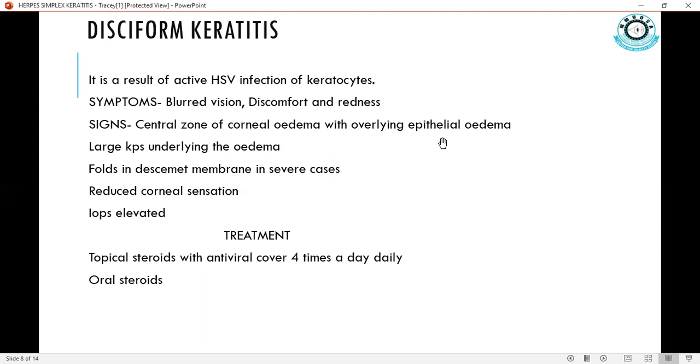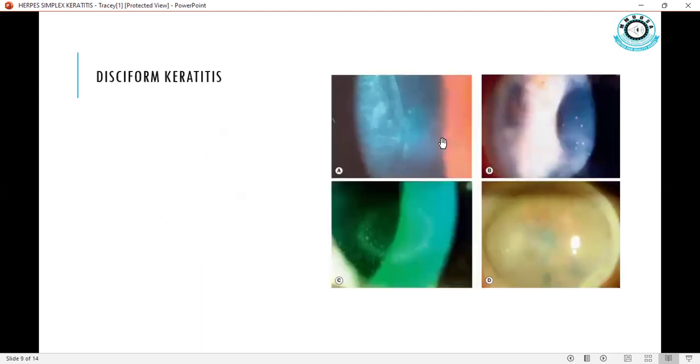In the treatment of disciform keratitis, you'll use topical steroids with the antivirals. For example, we have prednisolone. You can prescribe prednisolone topical, and tablets, oral antiviral. So in the next slide, we'll see how